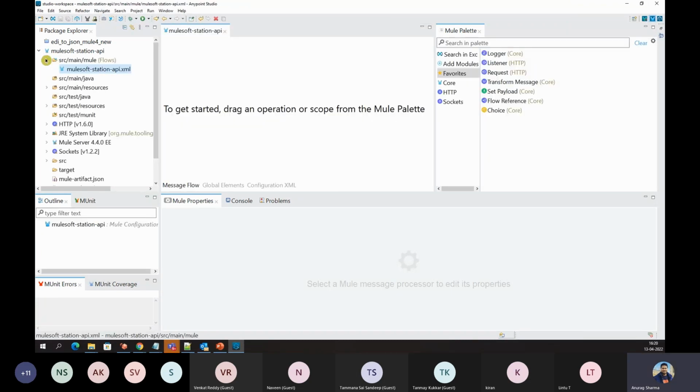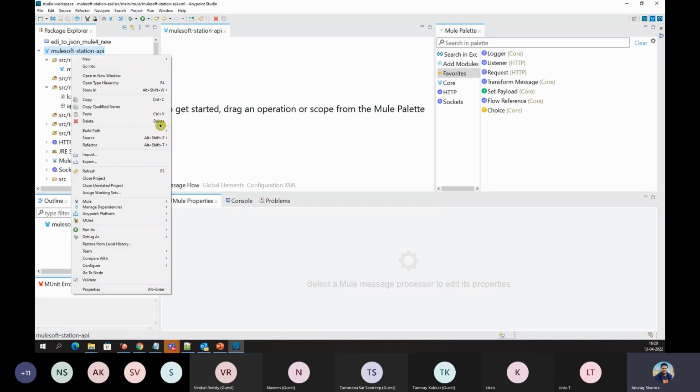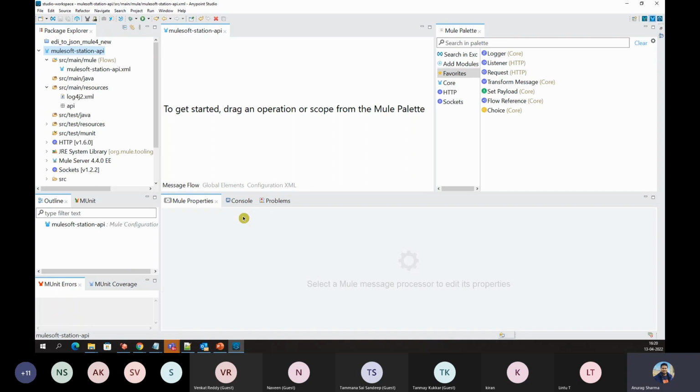If you see into SRC main resources, there is an API folder, but it's blank. If there is nothing inside the API folder, it will look like this. So now what we will do, right click on this, and there is an option Anypoint Platform, and there is an option Download RAML from Design Center. So click on it,